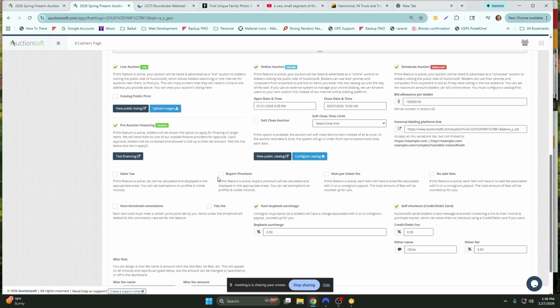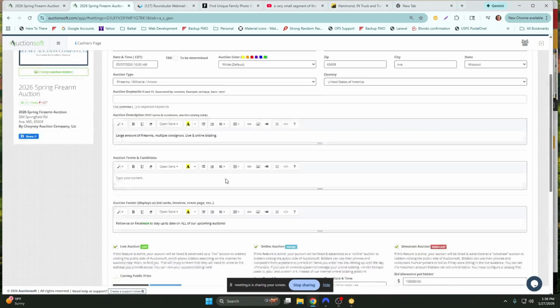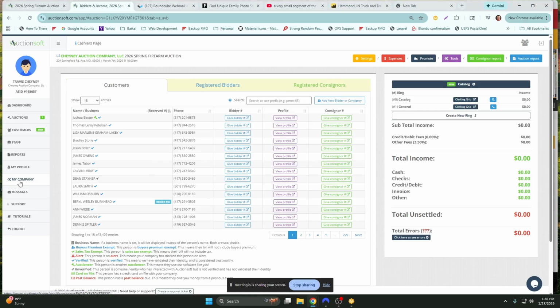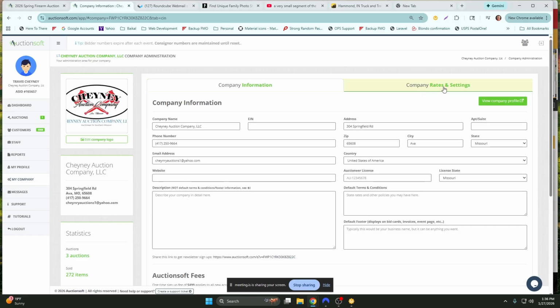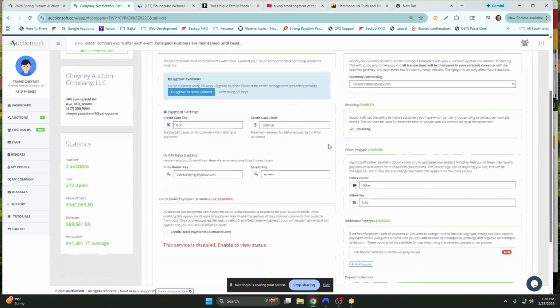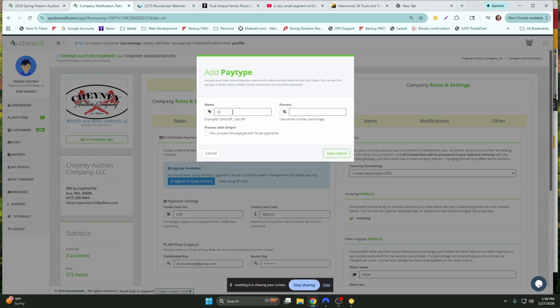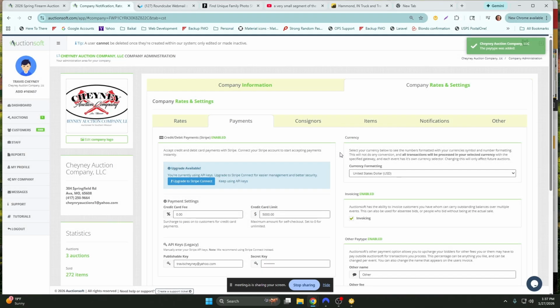So I'm going to turn this off and we're going to do it a little differently. All right. So let's go back to this. And under our company tab over here, under rates and settings and payments, I'm going to basically add a pay type where if the person is an online bidder, let's just say add BP, buyer's premium, and we'll do it at 13. Is that what you said? 10. 10, I'm sorry. Again, the wind chimes are really loud behind me. I'm sorry. All right. And then if they pay online with a credit card,